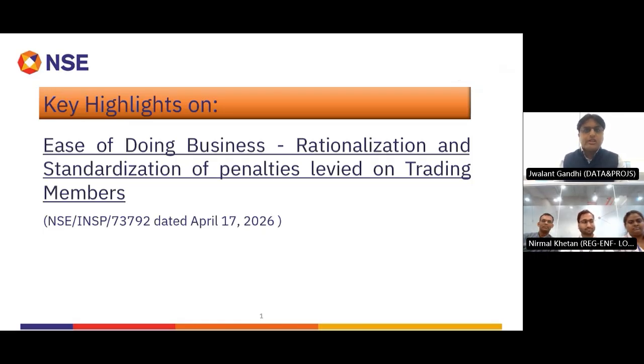So today, to share the details and explanation on that, I have with me my colleagues from the regulatory team, Rupa Gargav, Nirmal Khetan and Priyanka, who will be taking us through various nuances. We will keep it brief. We are not going to make it much detailed because the details are already given in the circular in tabular format, which is self-explanatory. So we'll try to keep it brief, definitely with some important facets that we'll be sharing.